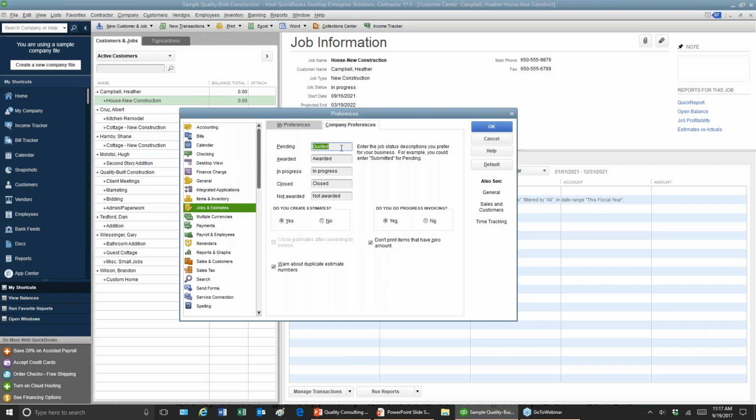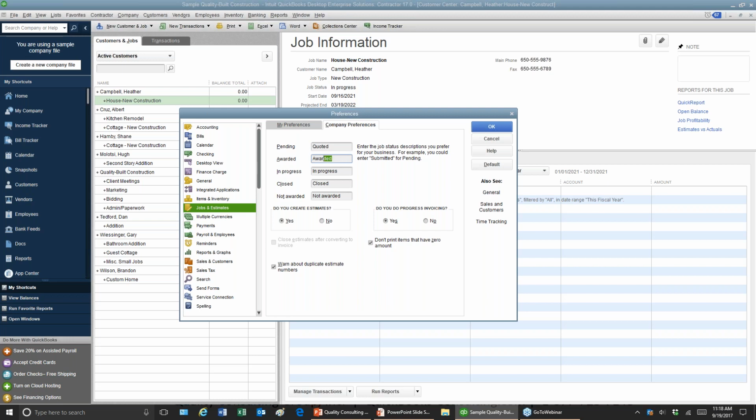So what I did is I already had gone in here in practice and changed it from pending to quoted, because pending doesn't necessarily mean that you sent out a quote. I like to have it more traditionally of what your wording or your verbiage is. So you quoted it, or the quote is active. And awarded might not be what you want to choose either.